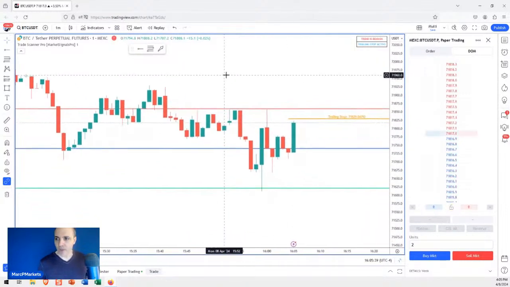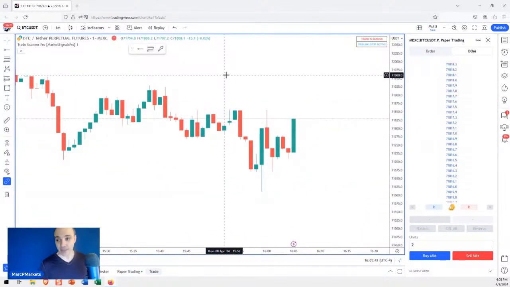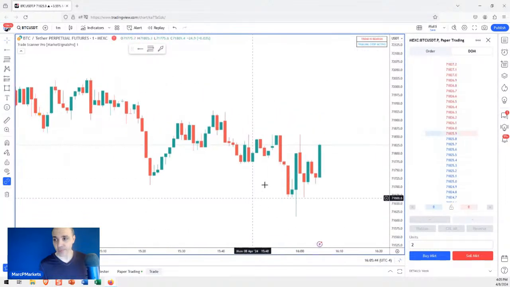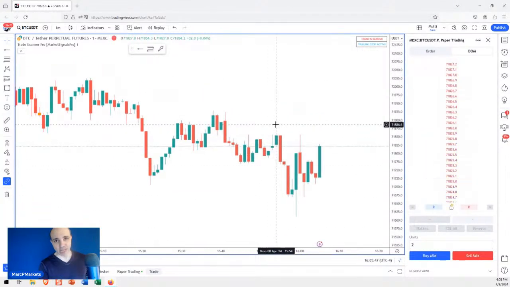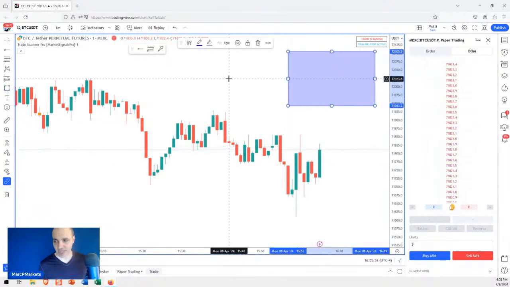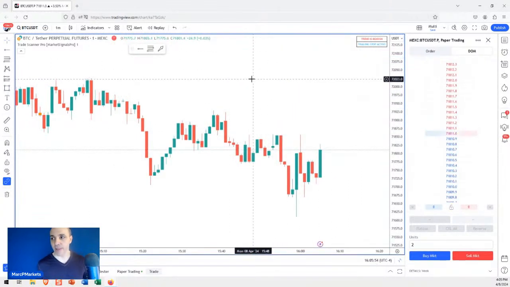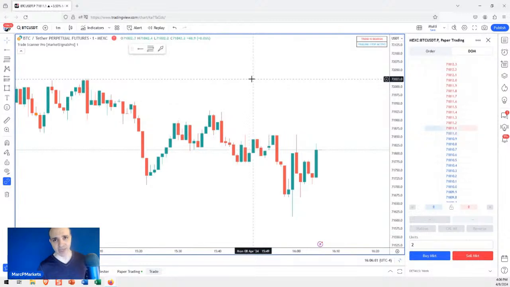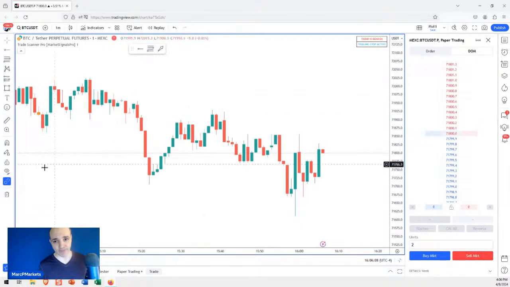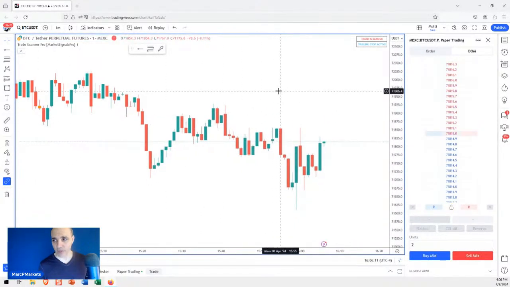Now, one feature that we're planning to build into this thing is a table. This is going to take some time, but we're going to build a table, right? And the table will show up over here or something like that, and you'll be able to move the table around. The table will allow you to input a number of markets, like maybe Bitcoin, Ethereum, maybe you have a stock, maybe you have a Forex pair, and it'll tell you by time frame where the signals are appearing. So you don't have to sit here and stare at a chart. You could just watch your table and then something goes off. Oh, cool. And then you jump over to that chart.